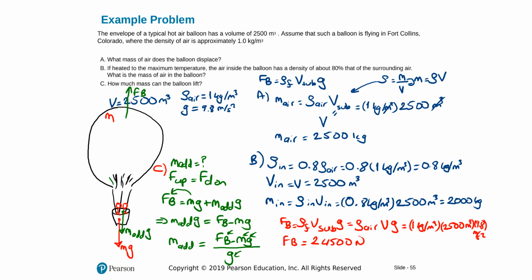I can find my m added mass, and I'll find that the maximum mass I can add is equal to 500 kilogram. So about 3, 4 people, maybe 1 child, I can add in here. It'll be safely going. Otherwise, I have to maybe heat the gas more here to make the air less dense, so I'll have easier lift from the air. Okay,